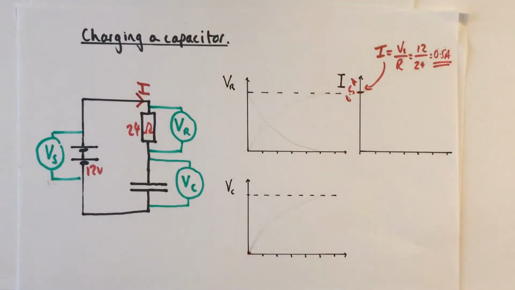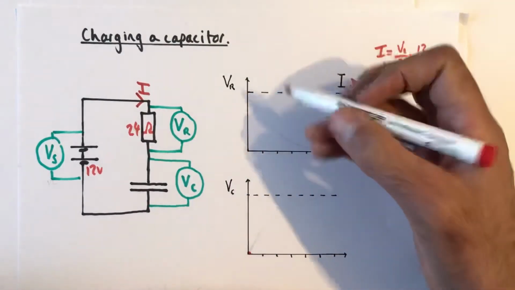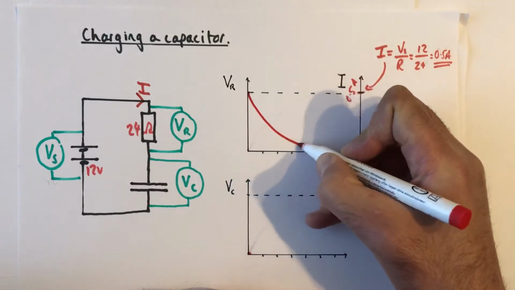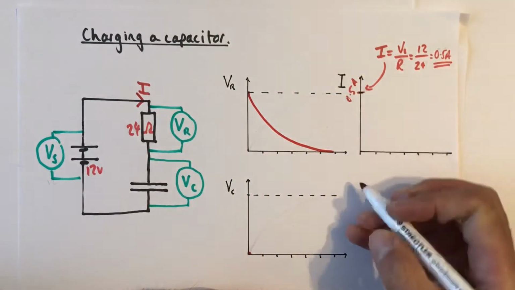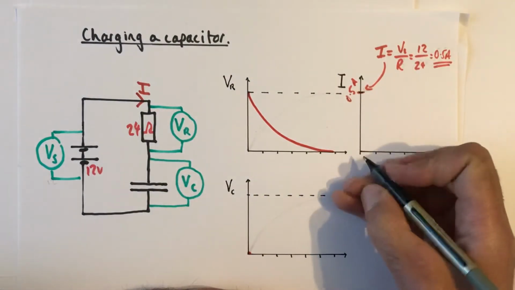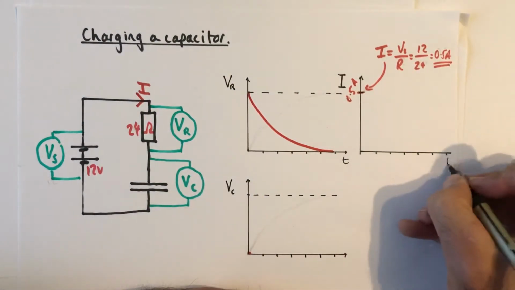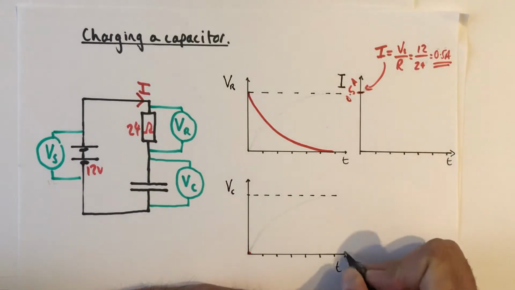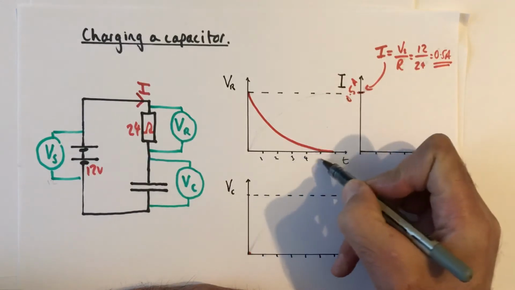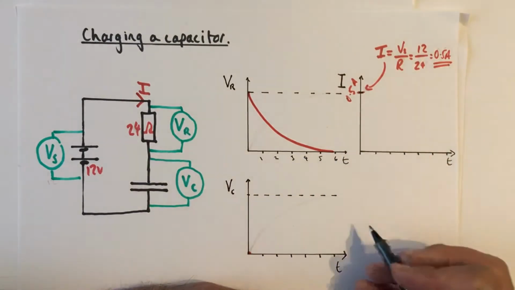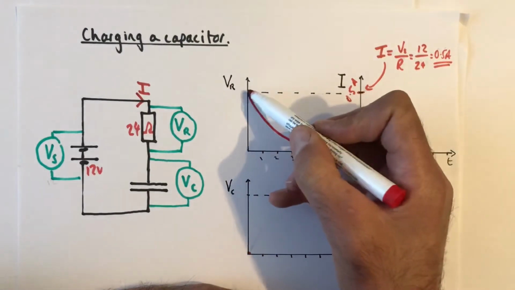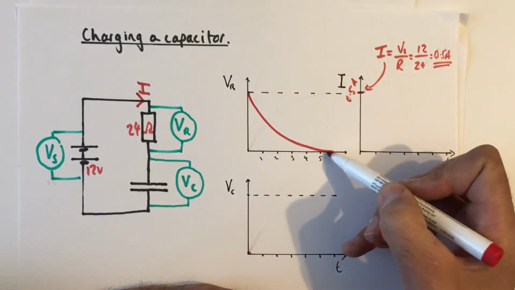So let's look at drawing on the graph. So the voltage across my resistor is going to slowly decay over time, until it comes down to 0. Now, let's say for the sake of argument that I've got my time axis here. All these axes are going to be time, and I'm going to try and have them as the same time. So I'm going to have 1, 2, 3, 4, 5, 6. So if the voltage across the resistor has come to 0 at 5.5 seconds, then